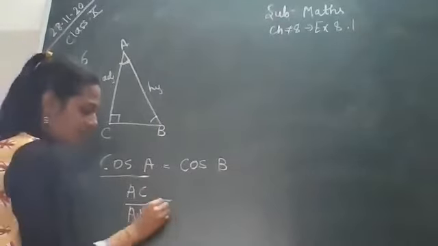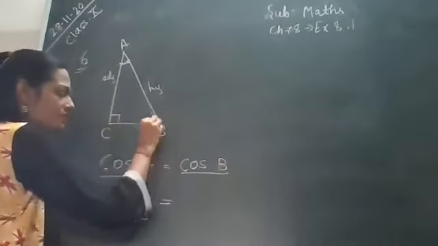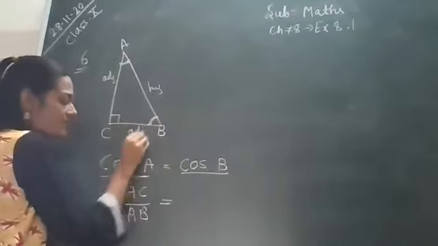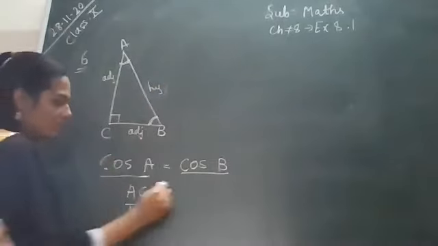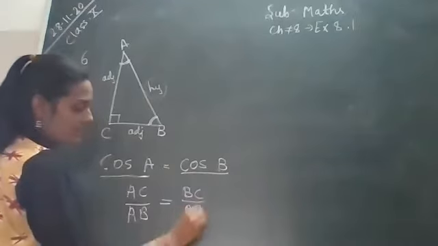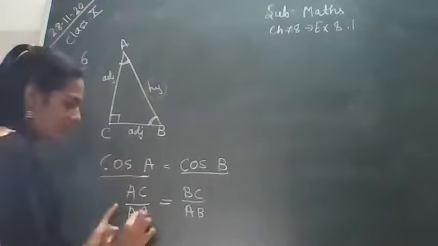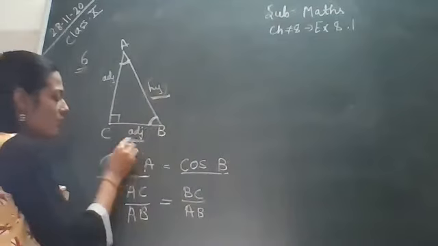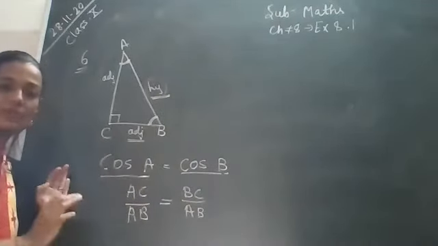Now, is equal to is there, so we are putting is equal to. Now, cos B. Cos B means we have to consider now this angle, angle B. So from B, this will become its adjacent side, right? And this will become its hypotenuse. So we can write BC upon AB, right? So we can consider that cos B is equal to adjacent upon hypotenuse, or we can write BC upon AB. Clear? This much to everyone?